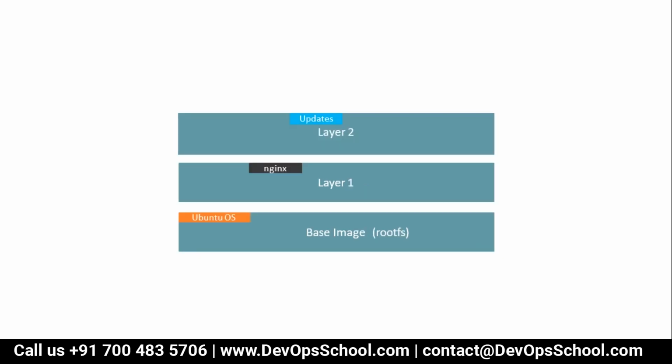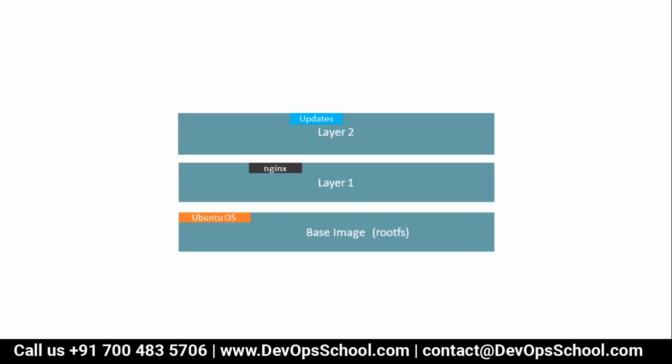Now guys, you must be thinking, okay, fine, these layers are nothing but a file system, and we call it a layer because they are on top of each other. But what can each layer contain? Always, the bottom layer contains the root file system. It can be the Ubuntu root file system. I'm not saying the Ubuntu operating system; remember, I'm saying the Ubuntu root file system, CentOS root file system, or Debian, SUSE Linux, and so on. So layer 0 will always be a root file system for some specific popular operating system images.